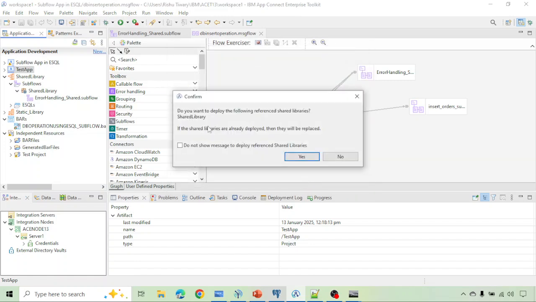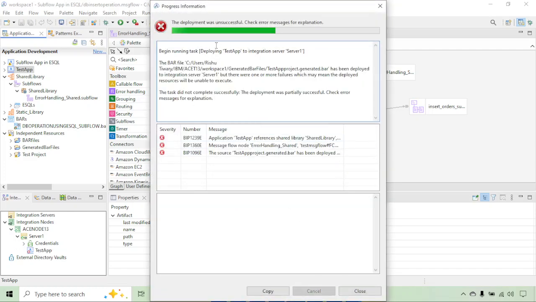Deploy. It is asking, do you want to deploy the following referenced shared library? If the shared library is already deployed, then we will replace it. As you are using the shared library, it gives you a pop-up asking if you want to deploy the shared library also. If you click on no, you can see it gives an error,